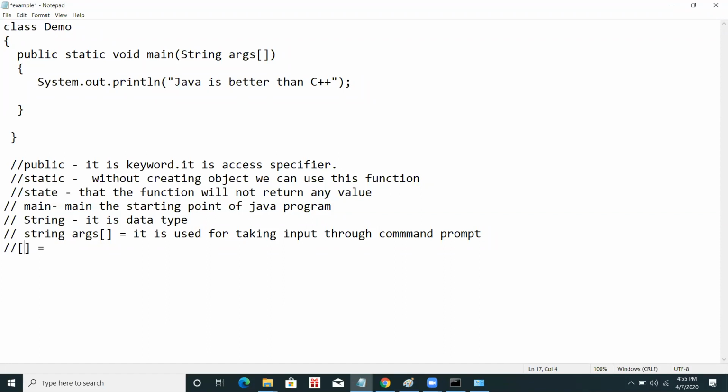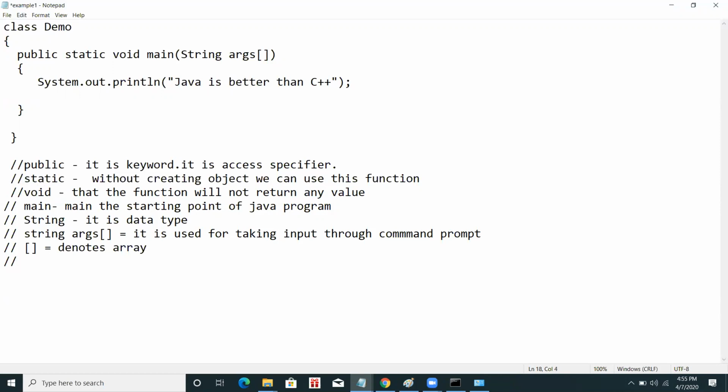So guys, this is the thing: public static void main String args. Understood all of you? I think it's easy and nothing that great.